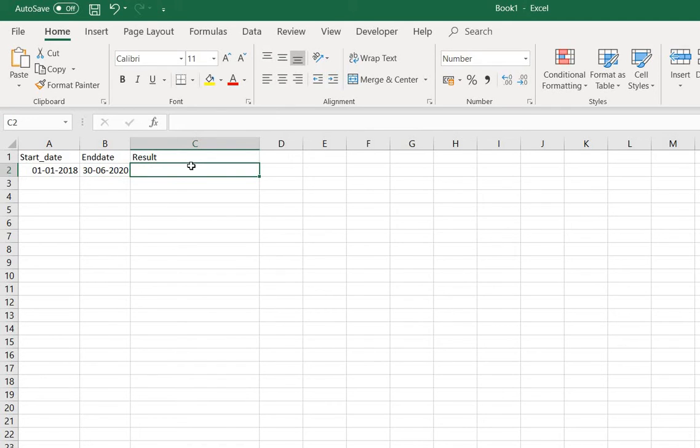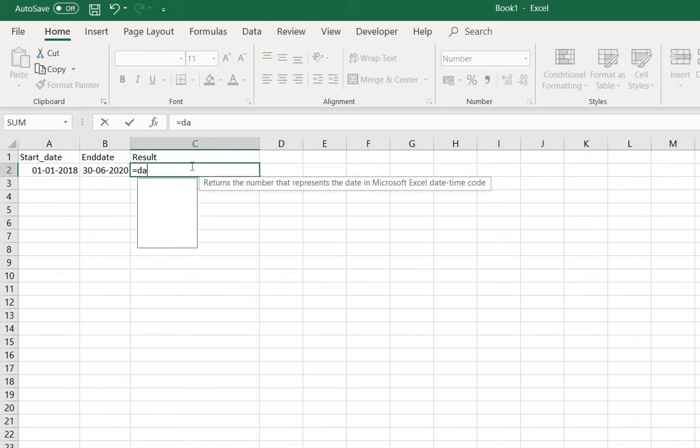Suppose I want to find the difference in dates between these two dates, start date and end date. So let me write the formula. It starts with the equal sign, then DATEDIF.